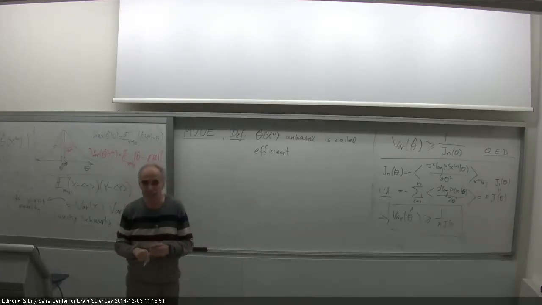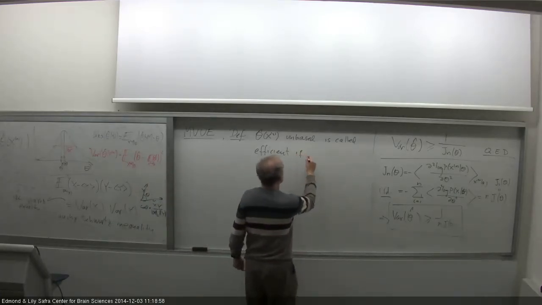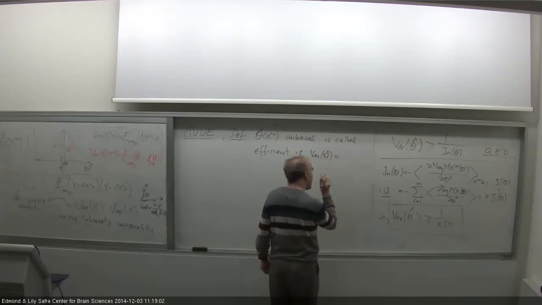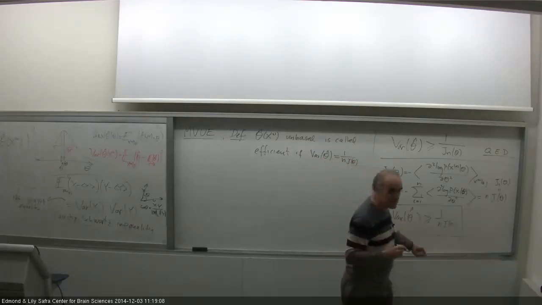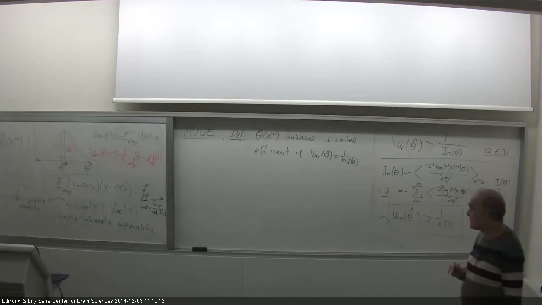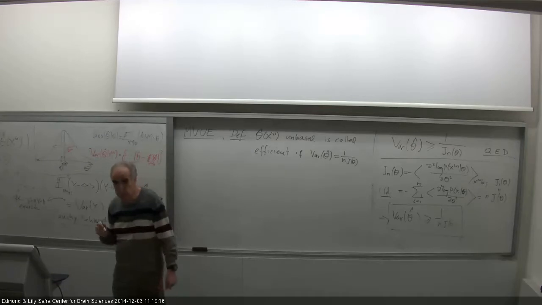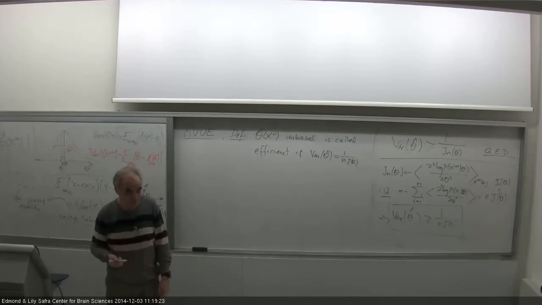efficient if what? If the variance of theta equals 1 over nJ, which means it's a minimum variance. Okay. Now, it's sometimes called asymptotically efficient if it's becoming efficient in the limit of large n. Okay, so the theorem